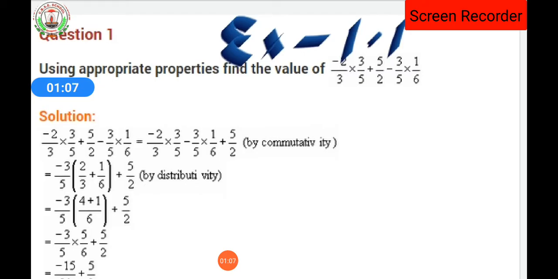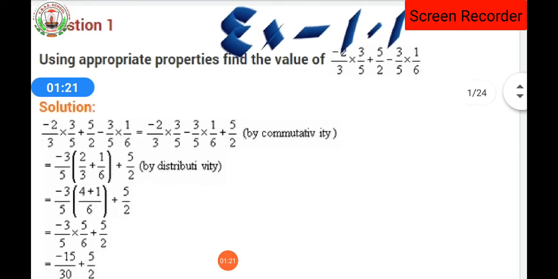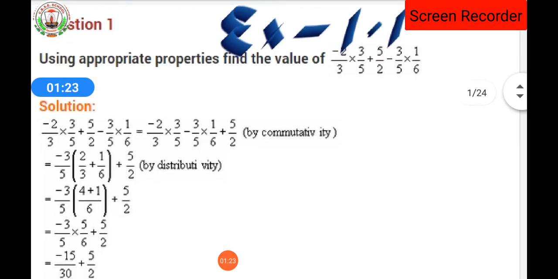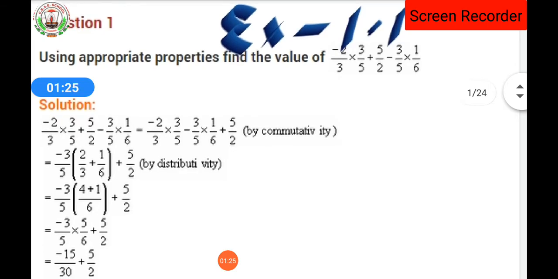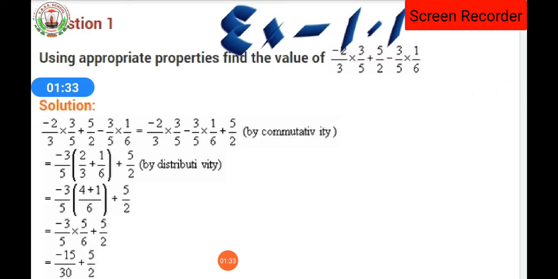Some questions are very short, some questions you have to solve in your rough copy, and then you have to choose the correct answer. So in this way the exam pattern will be there. Clear? Our chapter number 7 is already completed and very few days are left, so we are having the revisions in this video. Clear up to here? So starting the revision from exercise 1.1, chapter number 1 rational number, class 8th.